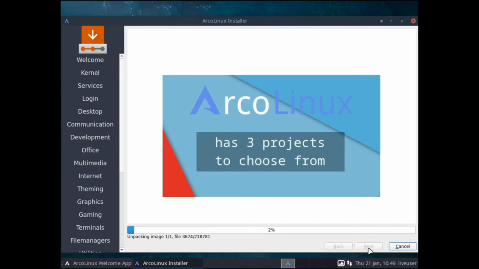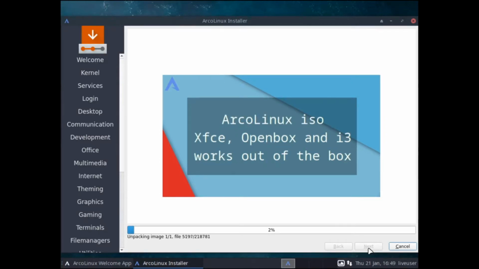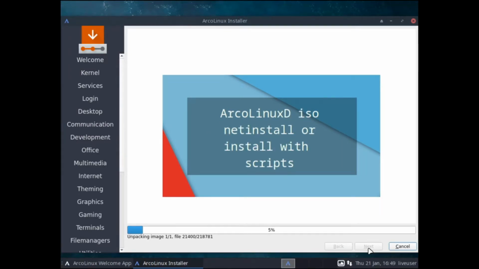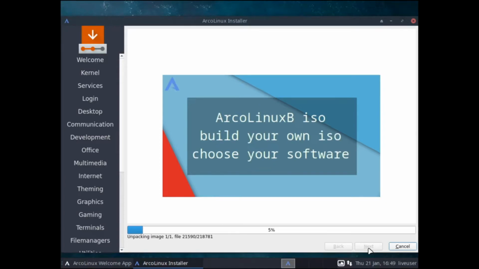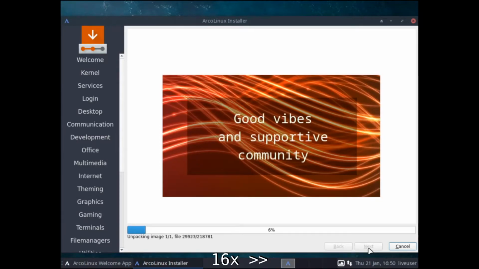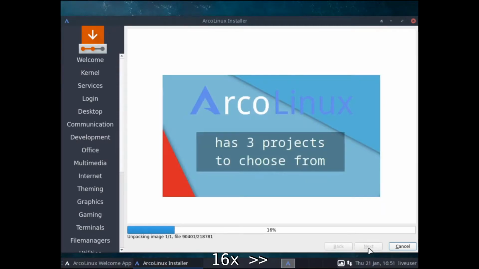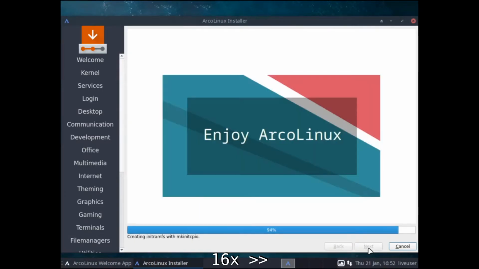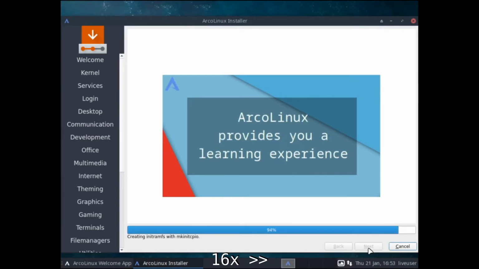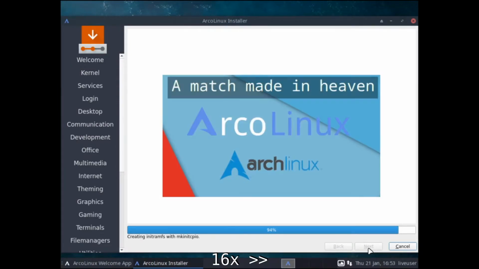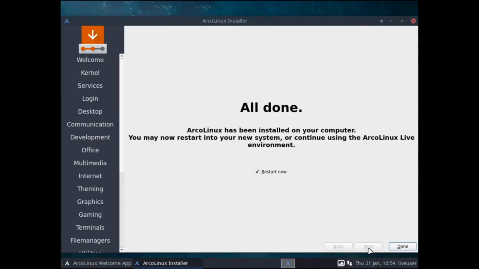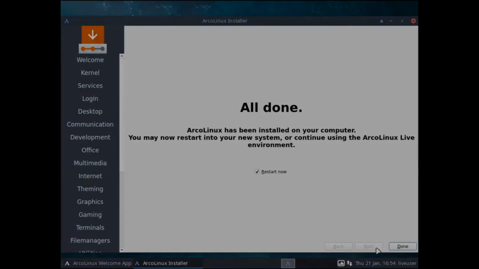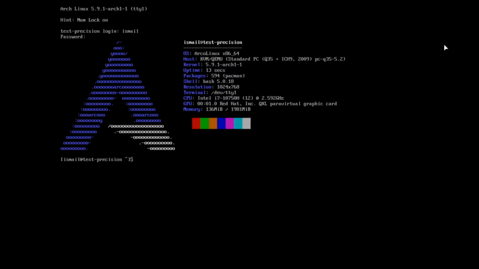Now this process may take a little while depending upon the situation, so I'll fast forward this so that we can save some time. So once the installation is complete, we can reboot into our newly installed system. On the first login, as expected, we find a minimal installation of Arco Linux, which is Arch, that will start